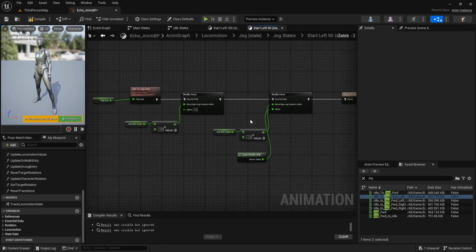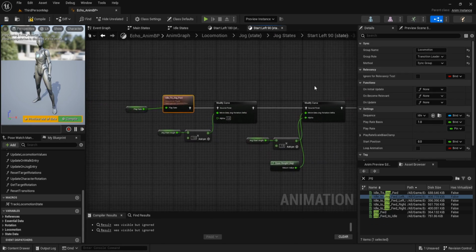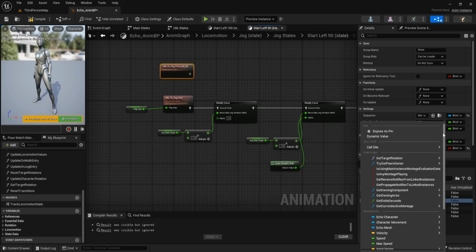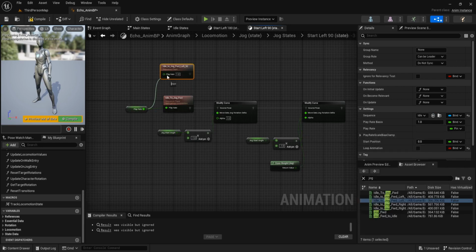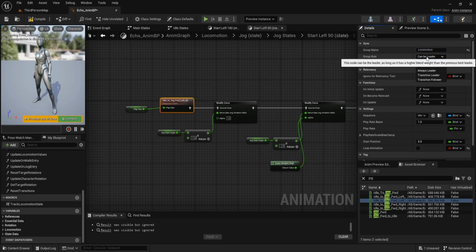And start left 90. We use this jog forward left 90 and expose play rate. And group name is locomotion. Group role is transition leader and sync group.